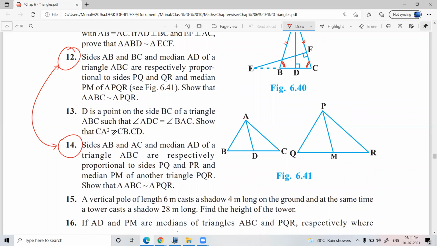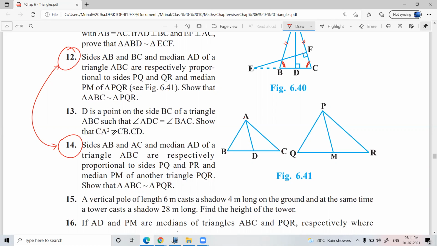Sir, in the 12th question, they gave the bases are corresponding. And in the 14th question, they gave the other side, AC and PR there. Yes, absolutely right. Very good. But tell me how,